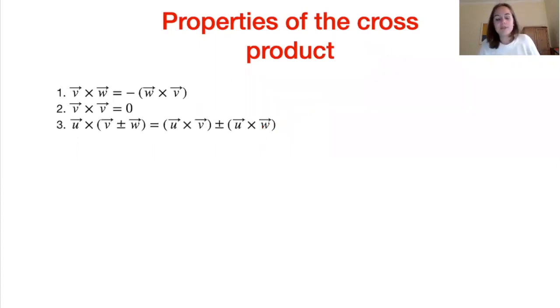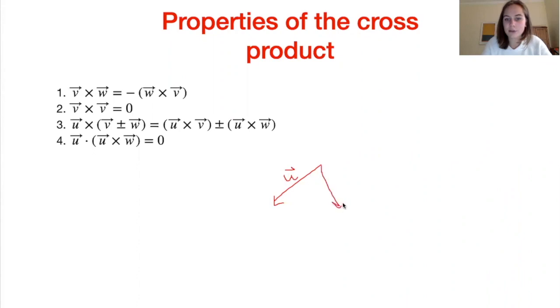Next one then, U cross V plus or minus W. Well, we can just expand that as we would intuitively expect we can. Finally then, the dot product of U with the cross product of U cross W. Now, if we have a vector U